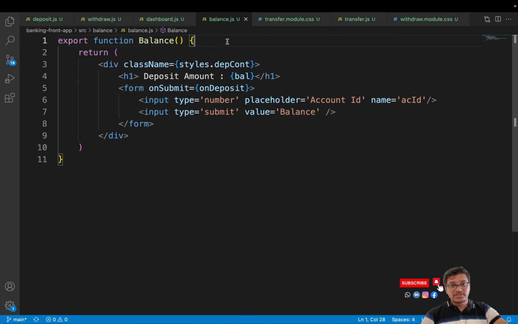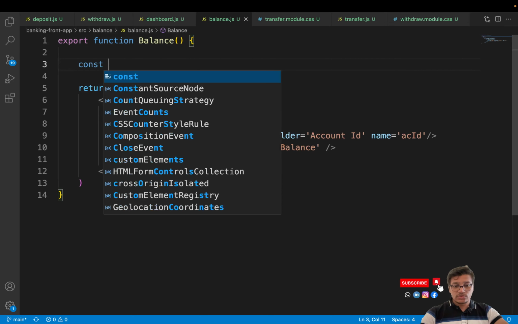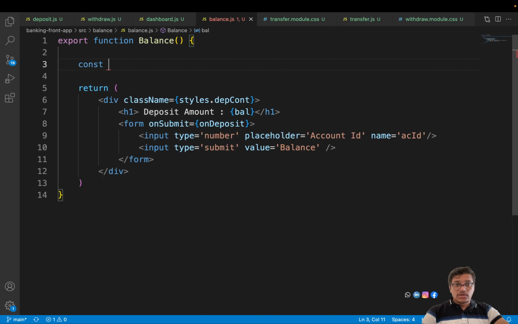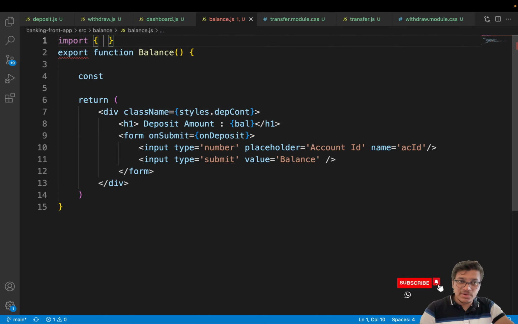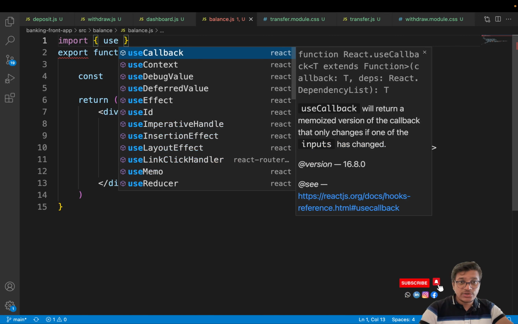Presently balance is 0, so const. Now here we need to use the state variable. Remember that we need to use what? State variable over here. So import state is nothing but what? Remembering the data in between the multiple re-renders. Use state